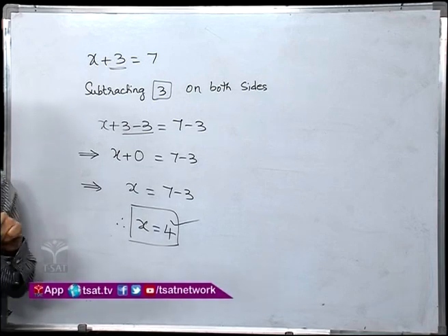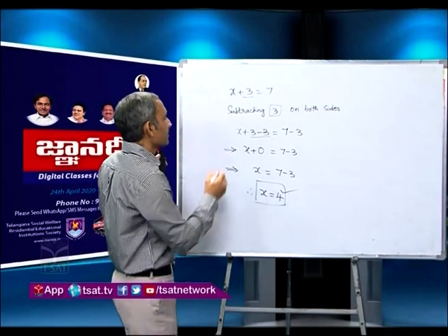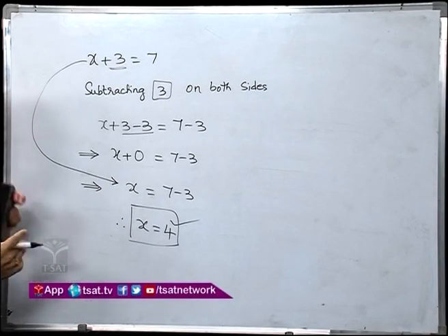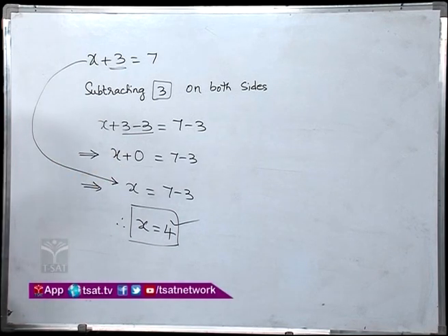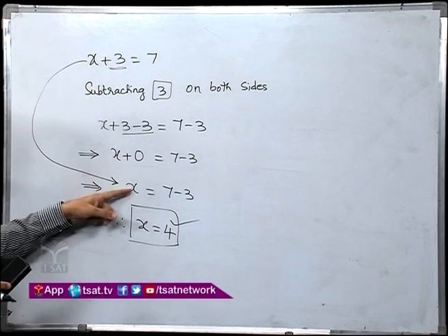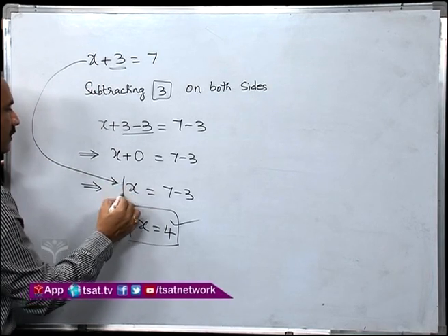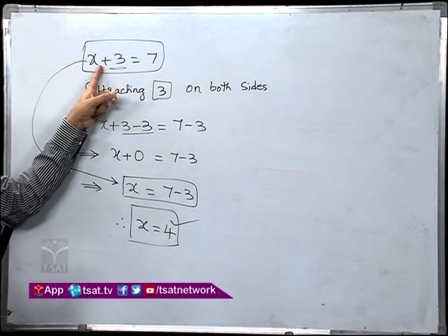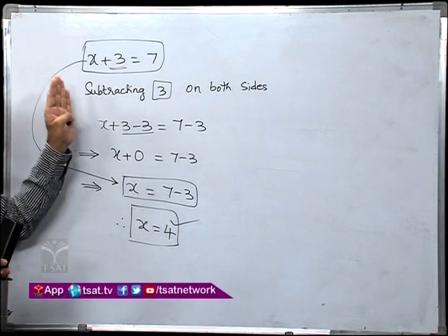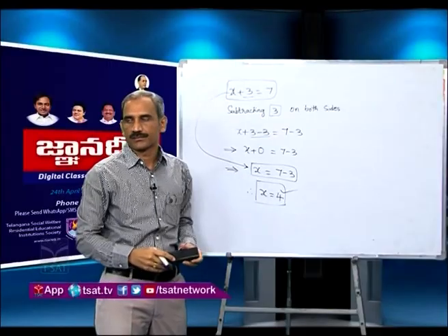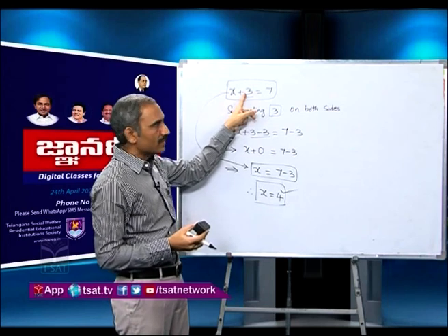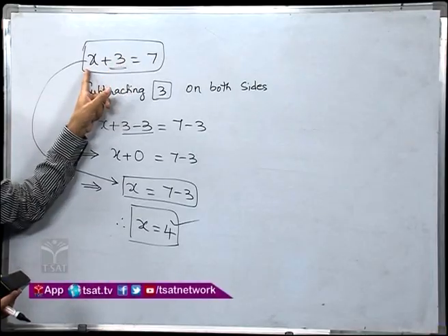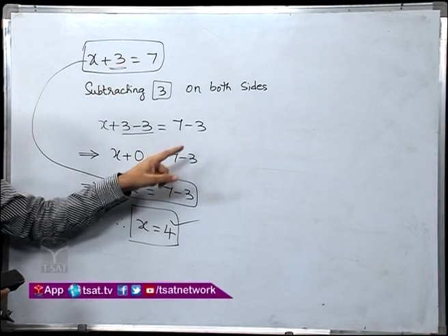Right, here we will find one more smarter way. Let us look at this. Here this is the equation and I got the step like this after subtracting 3 on both sides. Can you find any difference between these two statements? This one and this one. Here whatever the terms are there, we have the same terms, but with some change in the position. That means plus 3 is transposed to right side. Here plus 3 is in LHS, but in here 3 is in RHS.